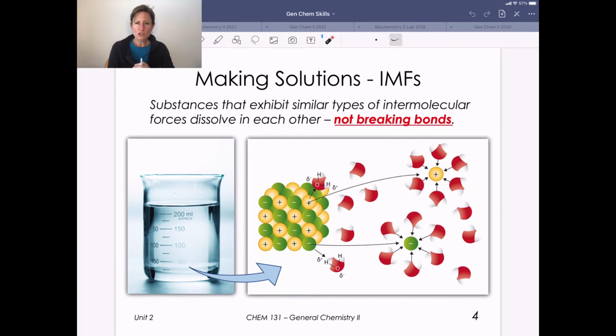When we make solutions, we can explain what happens by talking about intermolecular forces. So again, that's how we tie in our unit from Unit 1 there. And we can think about this in terms of "like dissolves like," right? We talked about intermolecular forces. So if we've got things that have similar intermolecular forces, a polar solvent and a polar solute, they're going to dissolve one another. And that's why a salt, which is an ionic compound, dissolves in water, which is a polar